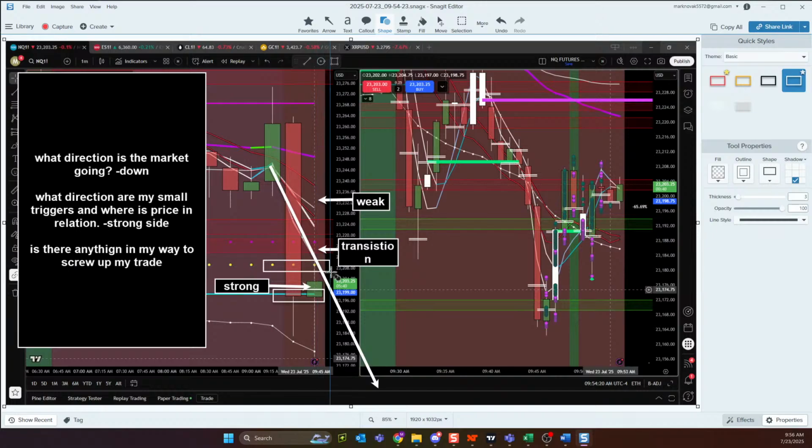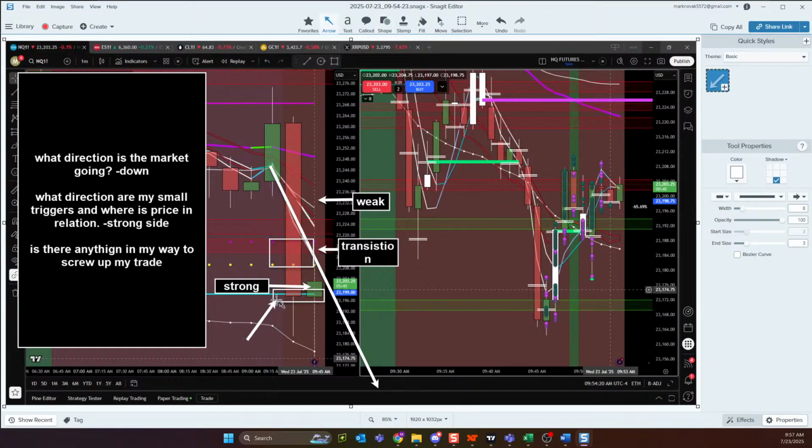All of my triggers are above these 1-to-1s inside of a zone. I can see that there's some trouble on a large chart. So when I'm looking to take a trade, I'm already below these 1-to-1s, which means they're really not a factor. This zone, I'm already below that zone. It's really not a factor. The one thing I'm not below is this divergence low. That's going to be what could screw up my trade.